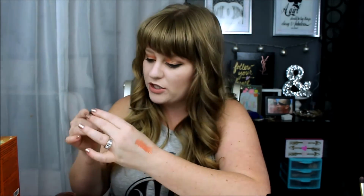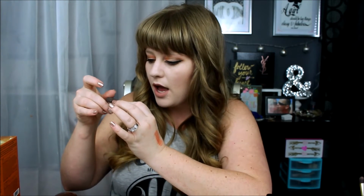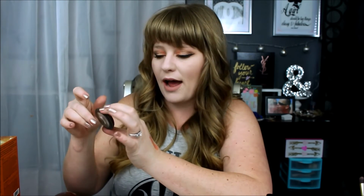So moving on is the little baby Becca Shimmering Skin Perfector. This is in the color Opal, and this was, honestly, I'm not even gonna lie, one of the reasons why I got this kit, because these full size are, excuse me, 0.28, and this one is 0.085, so it is like really small. It's a little baby one, but I didn't have Opal in my collection. I think I have every single one, so I really wanted Opal, but I have been using